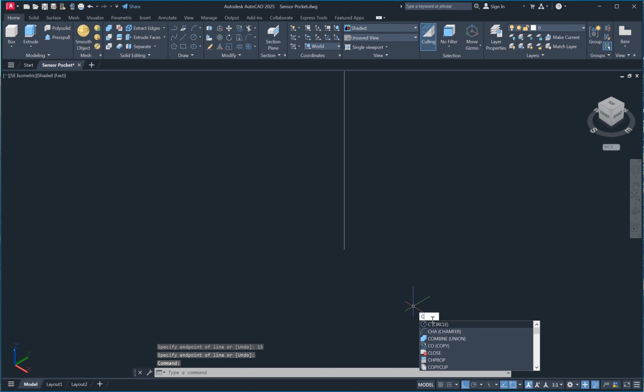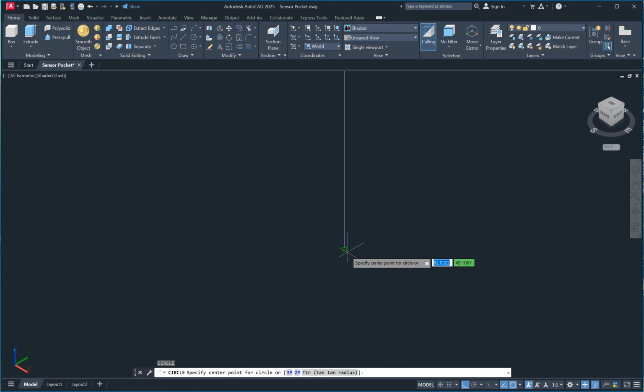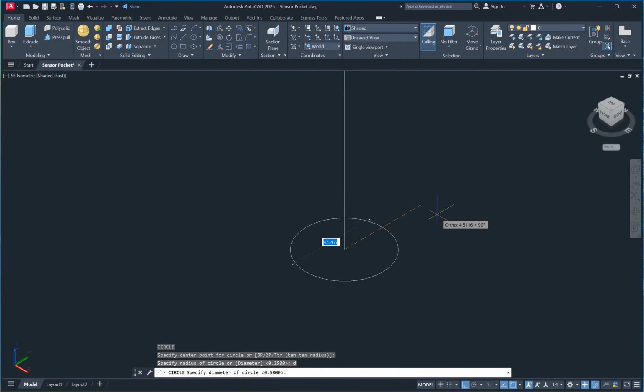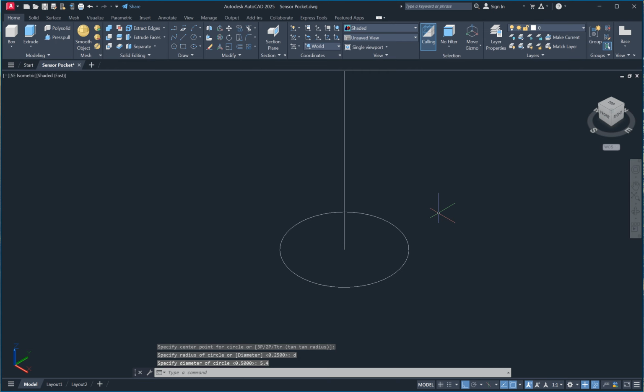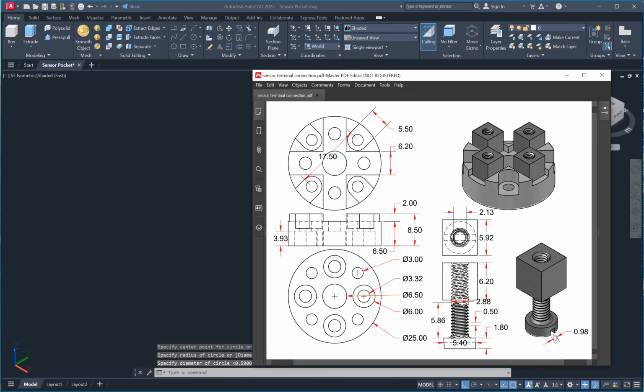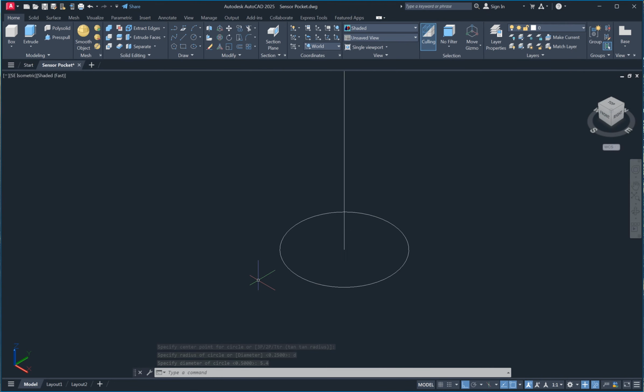Then create a circle, specify center point, then enter 5.4, and then here is 0.98.